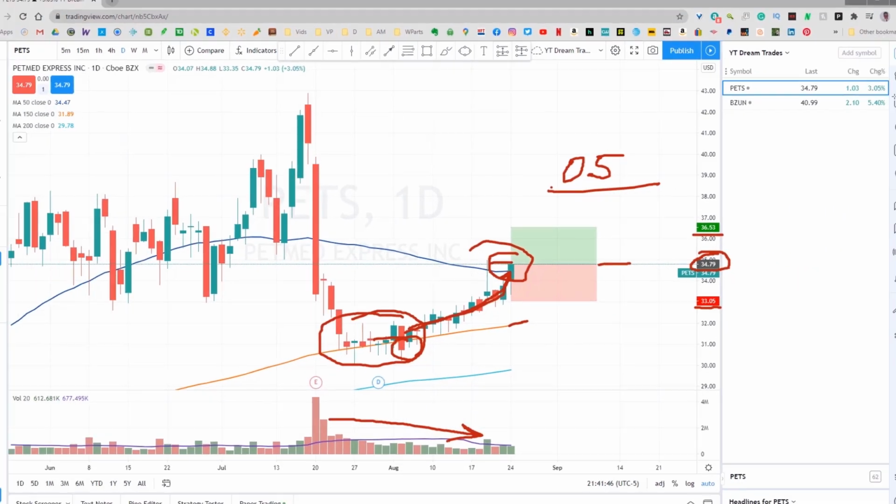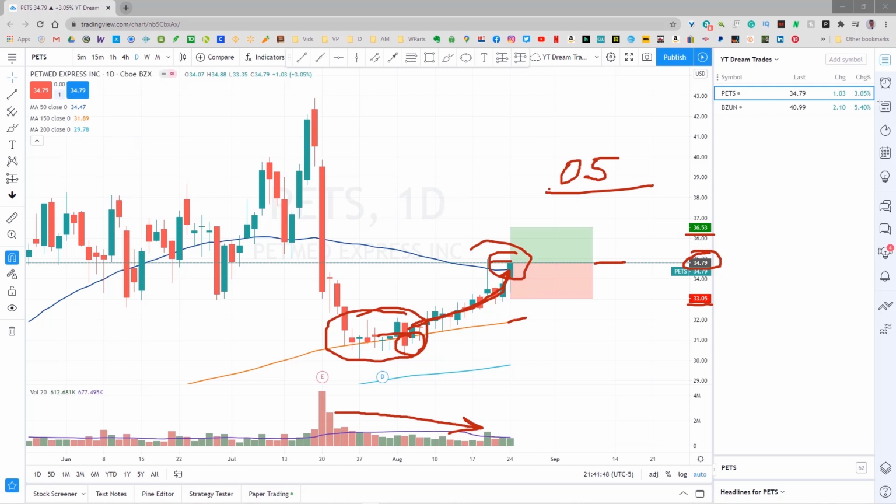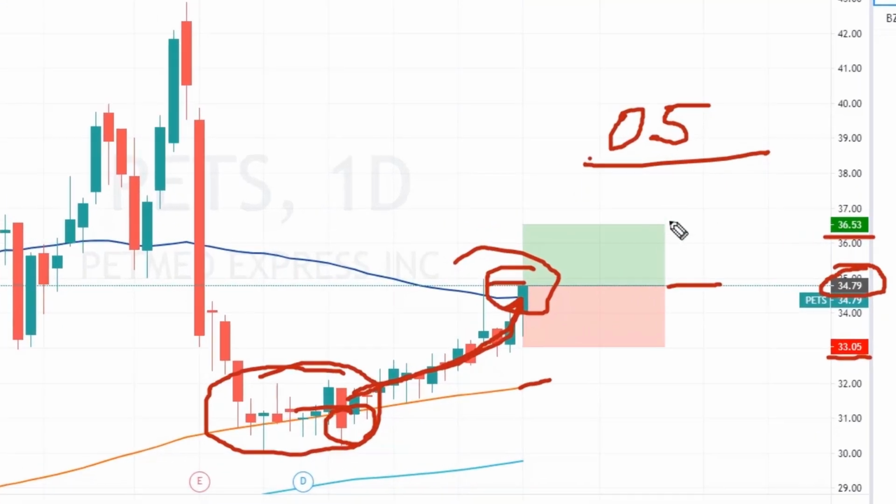36.53. Now, here's one of the differences between the trade pick strategy and the dream trade strategy. With the dream trade strategy, we only use a single position on this, and when price hits our first target, we move our stop up to break even. We don't take any profit on that. Then as this moves up 5%, we follow our stop up 5%. So when this hits plus 10%,